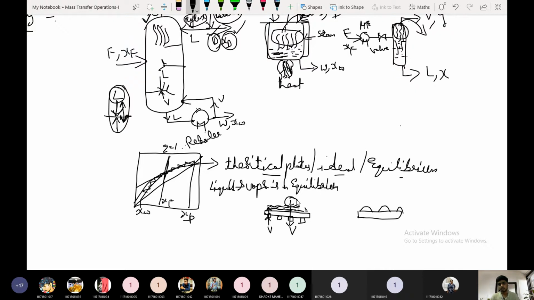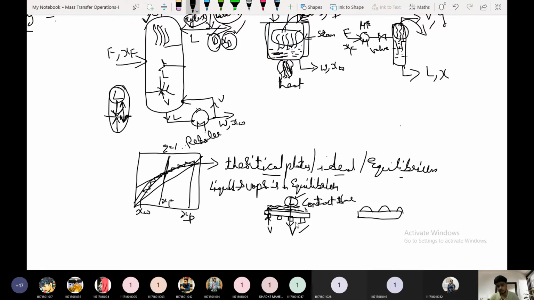But in actual practice, what will happen? In actual practice, there is no such criterion. This will not meet equilibrium, because liquids and vapors will not meet equilibrium. Why? Because in the actual operation, we cannot provide adequate time. The contact time between liquid and vapor will largely influence how the mass transfer takes place. Whether this liquid and vapor are in equilibrium or not will be decided by the contact time between the plates. So we will not supply adequate time for the contact to reach equilibrium between these two phases.